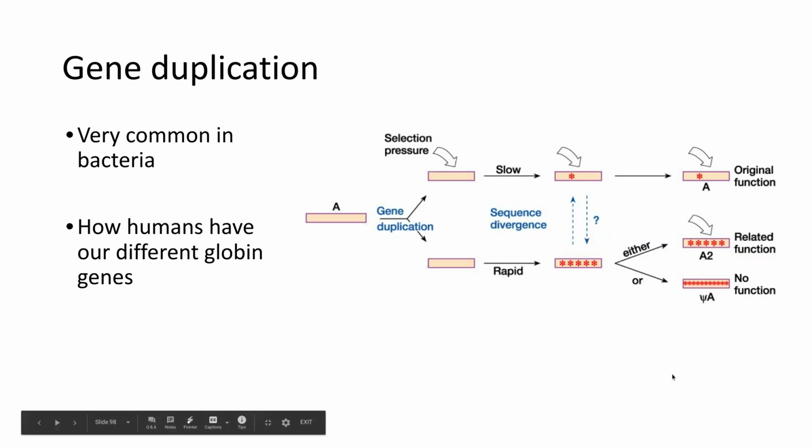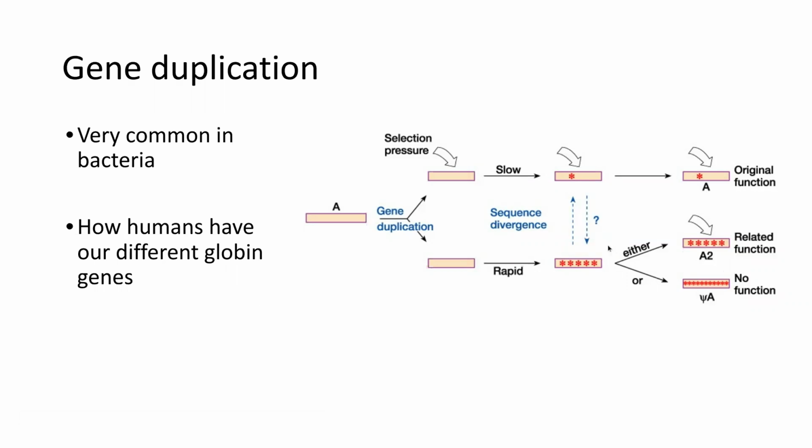The human globin genes are a great way to show related function, but a complete new function we can see with antibiotic resistance genes all the time. Sometimes you'll have a gene mutate enough after it's been duplicated to give you resistance to a new antibiotic. So these are the ways that our gene